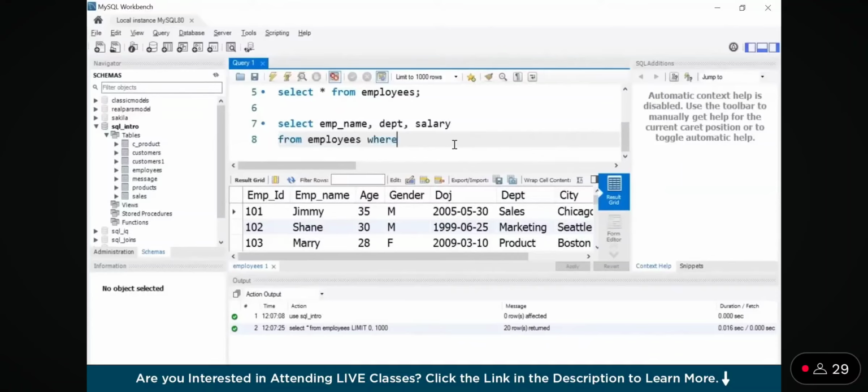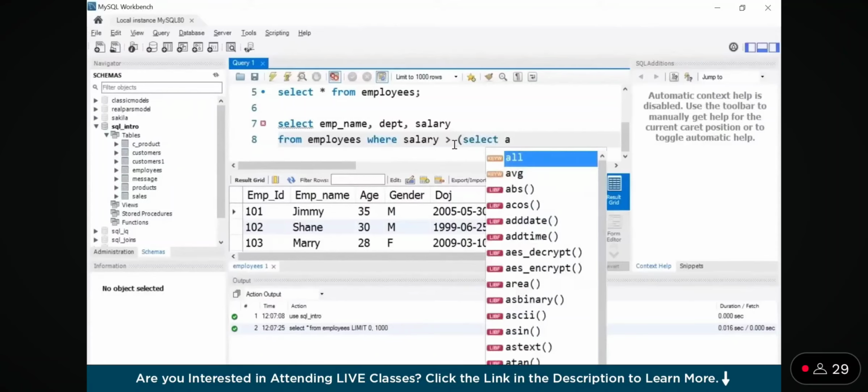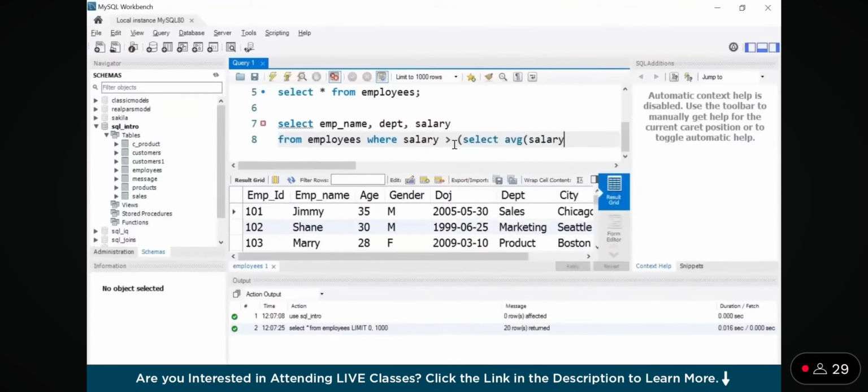Next, I'll use a where condition where my salary should be greater than the average salary of all the employees. So I'll write salary greater than. After this, I'm going to write my subquery. I'll give select average of salary from my table name, that is employees,